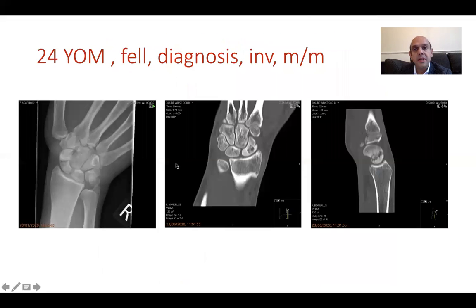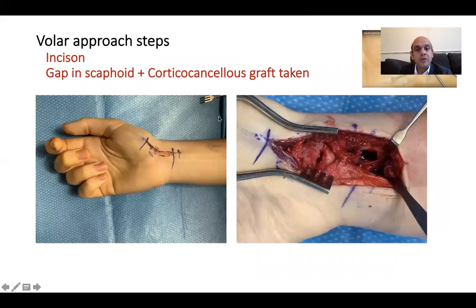So one example here, young man, hyperextension injury, and you can see there are cysts already there. You can see the cysts in sagittal cuts. So you know when you curette it out, there will be a gap in the front. So a few slides from my case, volar approach. So in exam, of course, you have to bring into your WHO list, your position, your antibiotics, and then incision, you talk about your incision. And this is me showing, once I've curetted it out, a gap in the scaphoid.